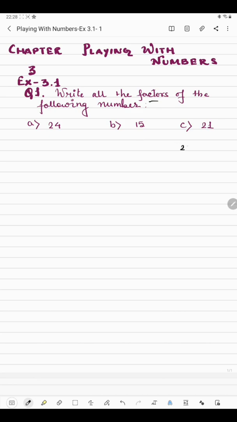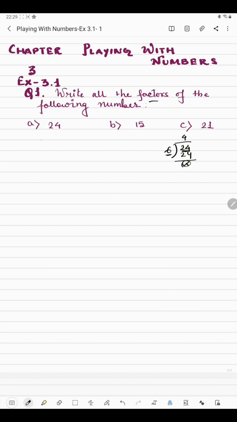Like here, if I take 24 and divide by 6, then 6 4s are 24. Here we have 0 as remainder. Or if I divide by 4, then we will get 6 as quotient. That means no remainder is left. So whenever we divide any number by any number, like here we have divided 24 by 6 and got 0 as remainder, we can say that 6 is a factor of 24.